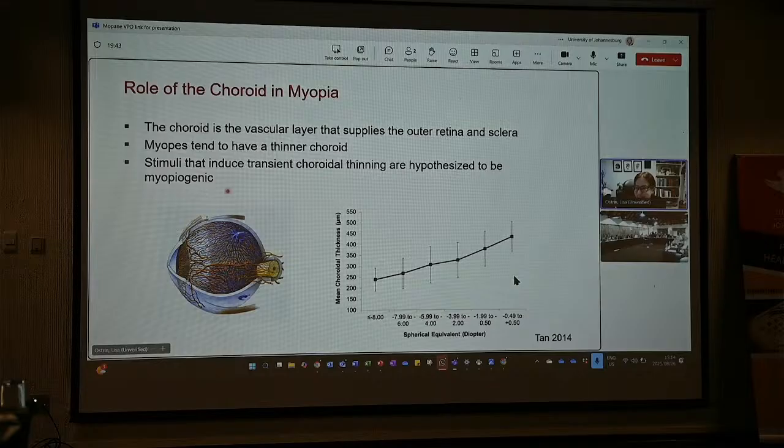Thinking about structural changes, I want to introduce here the choroid. So as Scott said, the choroid is proving to be a really interesting structure in myopia. It is the vascular layer that supplies the outer retina and the sclera with oxygen and nutrients. And it's been shown in numerous studies that myopes tend to have a thinner choroid. So here we